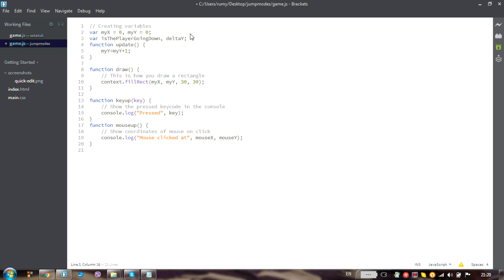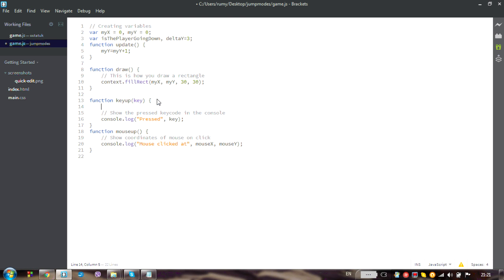Of course, the better way to do this task is by using delta y. That's because we only need to give delta y some initial value, just as 3, which means let's fall down, let's increase y when we are falling. And it is going to be really easy here in Keyup to